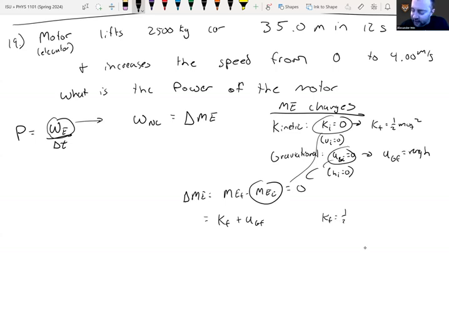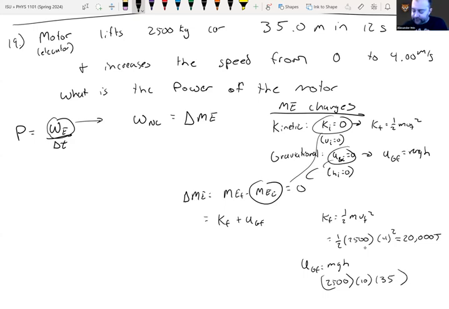Final kinetic, 1/2 mv final squared. This will be 1/2 times 2,500 times 4 squared. That'll be 8 times 2,500, which would be 20,000 joules. And then your final gravitational is going to be mgh, which will be 2,500 times 10 times 35. And that will be 2,500 times 350, which, just to verify this,